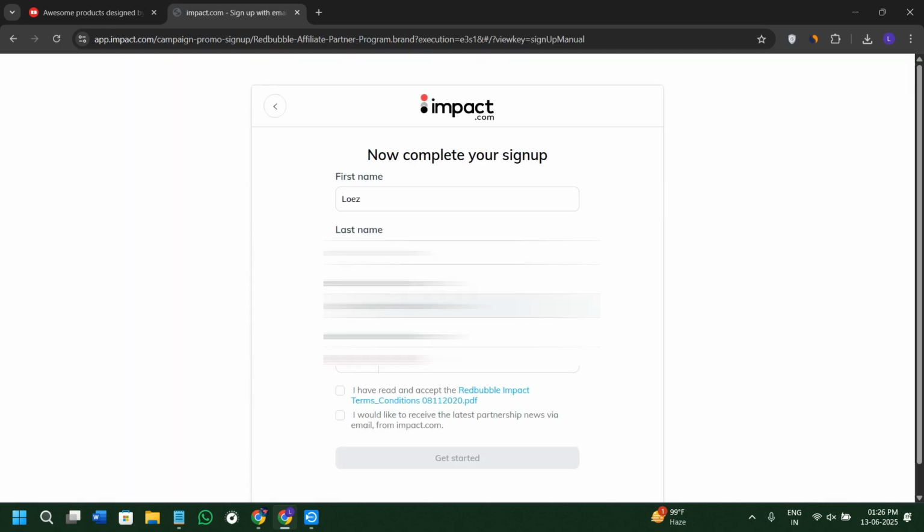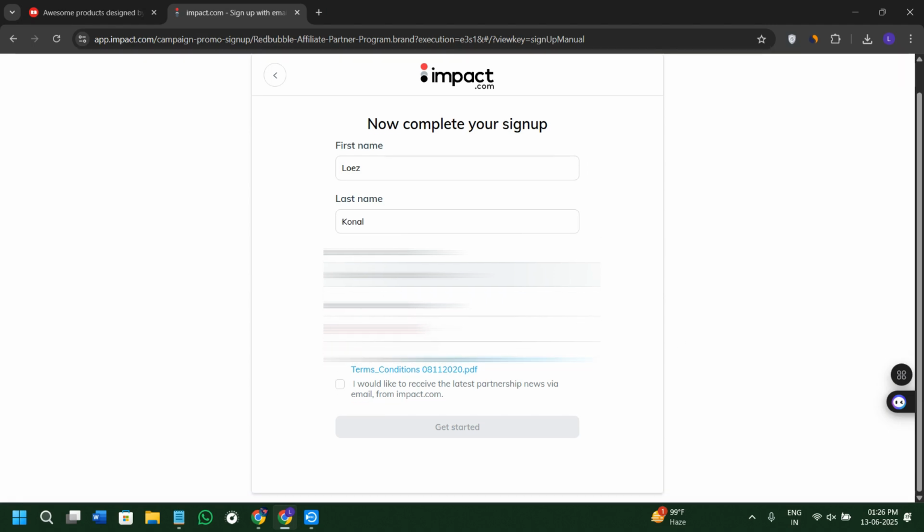So once you are able to sign up on impact.com, you will see a form which you need to fill out with the help of your basic details like your first name, your last name, your email address, your phone number, etc. Once it is done, you need to select the submit option and your application will be in the review. After approval, you will get your affiliate link, and from the dashboard you can just simply get that, and